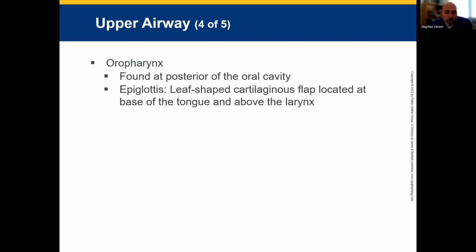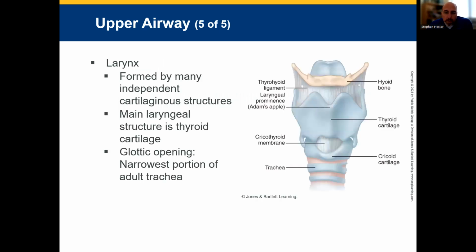The oropharynx is posterior to the oral cavity. You've got your epiglottis, which is your leaf-shaped cartilage flap located at the base of the tongue and above the larynx. All right, this cricothyroid membrane here, you've got the thyroid up on top, and then it goes down into the cricoid cartilage, and then what I call the valley of death. That'll be pretty instrumental if you continue on to your medic. So, all